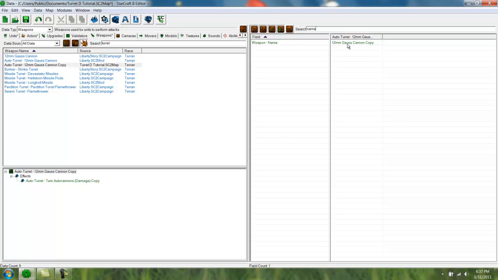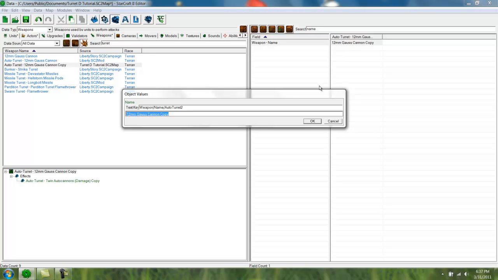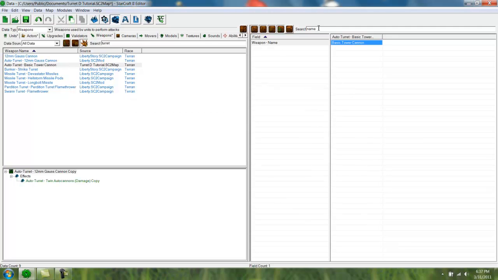Okay, and the weapon name field comes up. Double click on it and it will bring up a window so you can change the value, and we're going to change the name to Basic Tower Cannon, and click OK. And now you can see that its name has been changed on the left hand side in the drop down,